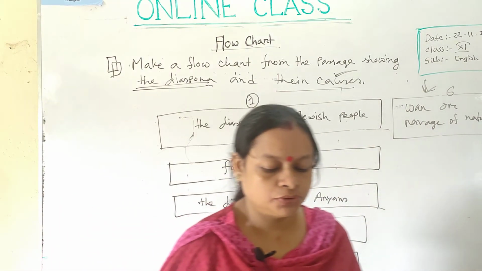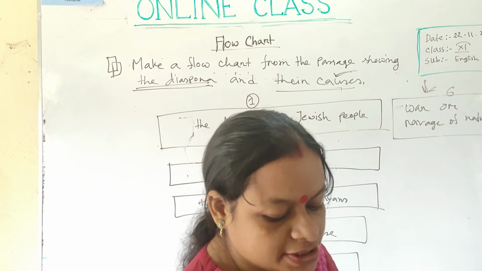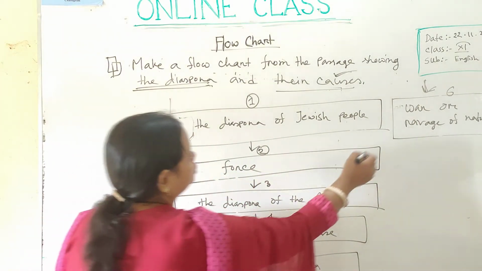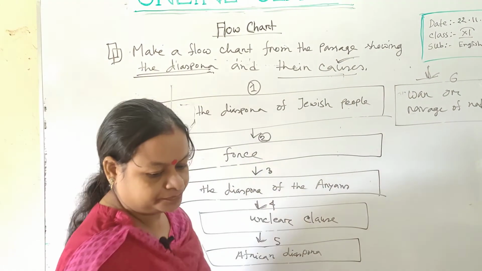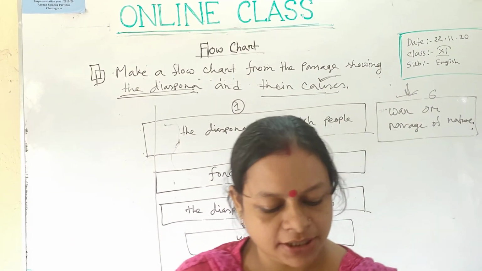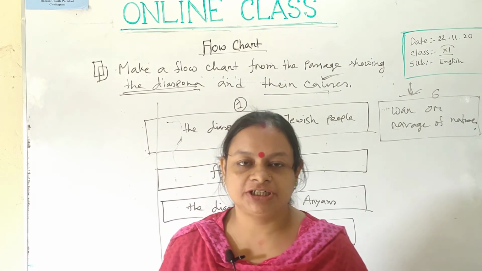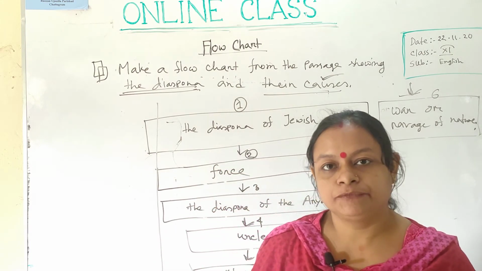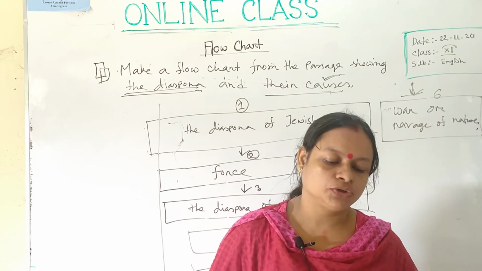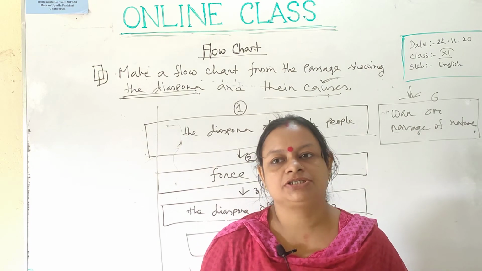In question paper you should not draw the box side by side because it is not a correct format. Correct format is this, and I have put it here because of space problem. So as flowchart contains 10 marks, it will be a great mark for you if you can make the flowchart correctly, and you will get 2 numbers for each box, total containing 10 marks, and it will be very helpful for you to gain a good marks in the examination.